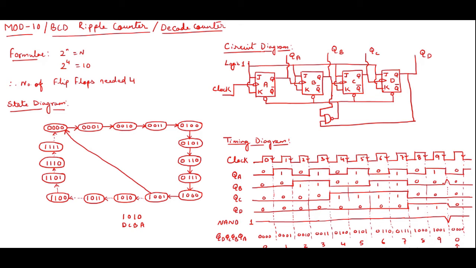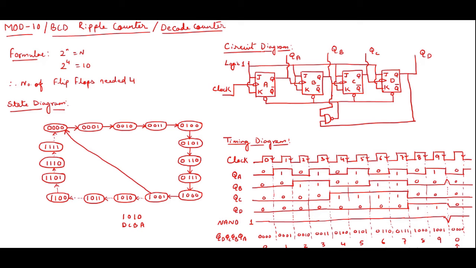But when A is changing to 0, what is B doing? B should go to high, but B should be forced to 0. Why is that? You can see that after D, I have taken the NAND. So the NAND will be in the high position. Though D, C, B, A are 0, the NAND is high. After 9, the NAND comes down to 0 and bounces back to 1 again, because of the B and D inputs.